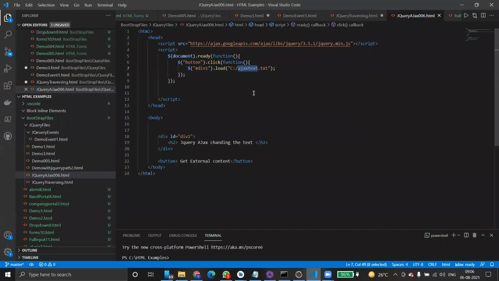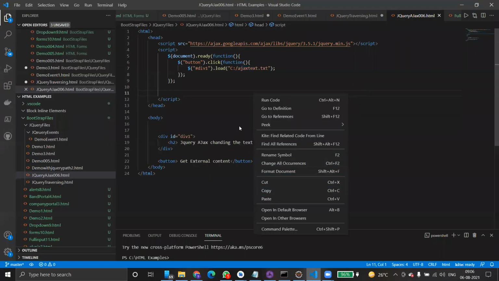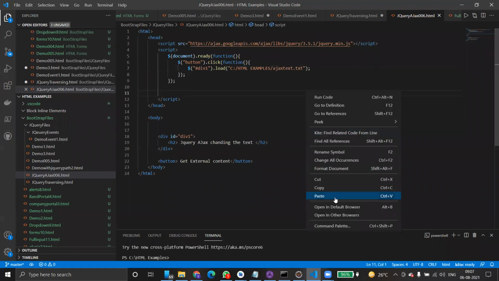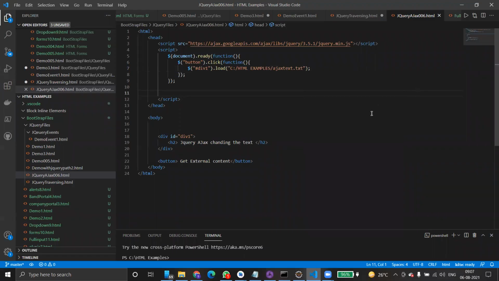Come here, Control S, right click, refresh this page. I think it is inside HTML examples. Control S. What happened? Nothing. It is very easy to troubleshoot.